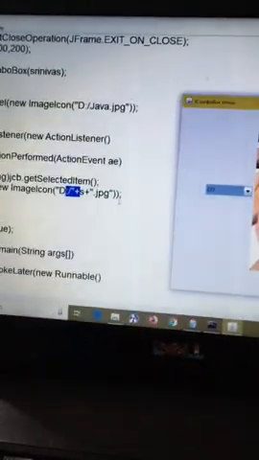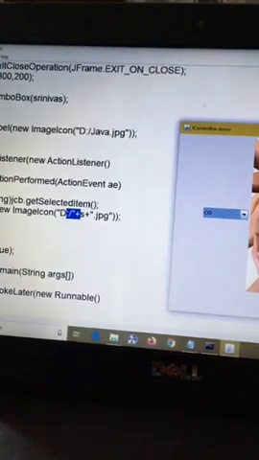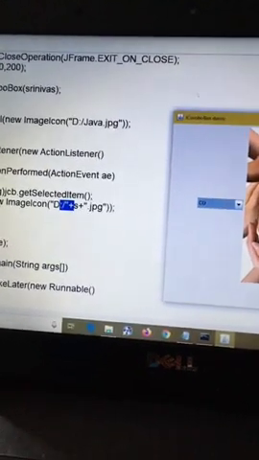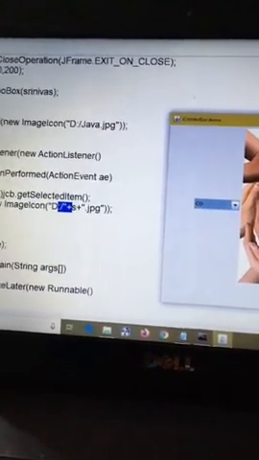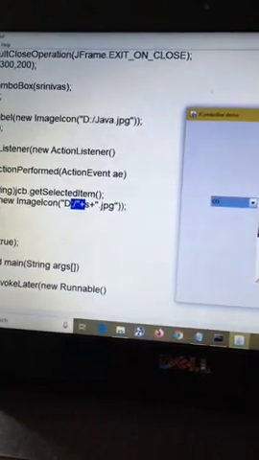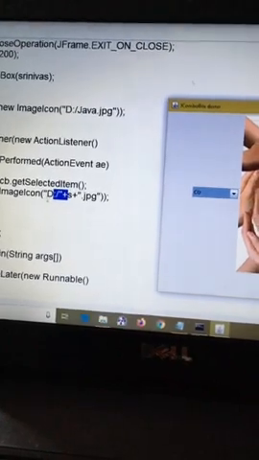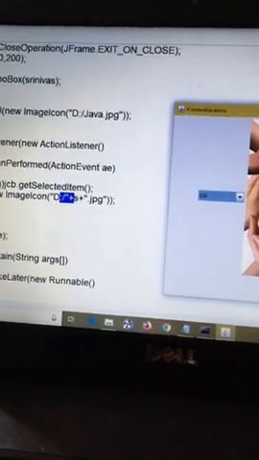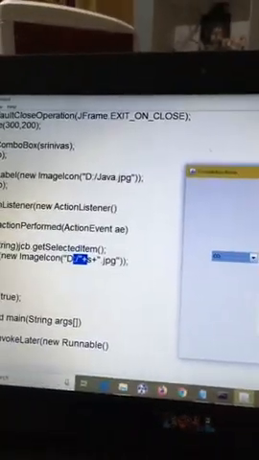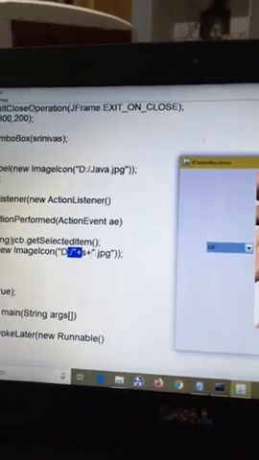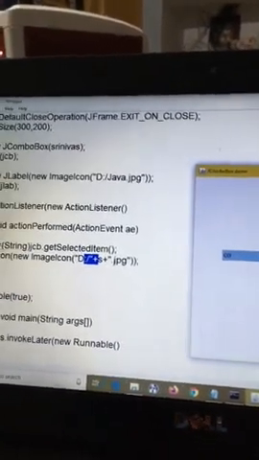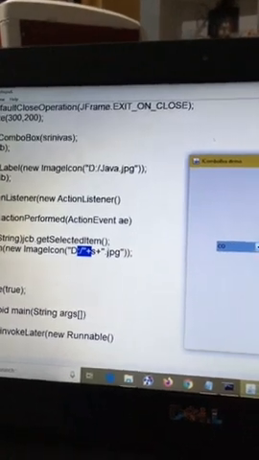CO is the text obtained by using getSelectedItem, so the s value is CO. We are setting the icon by using the ImageIcon within the setIcon method. So CO.jpg is the image which resides in the D drive.